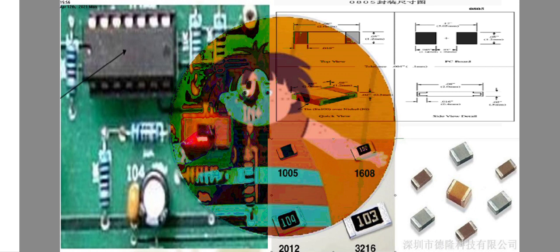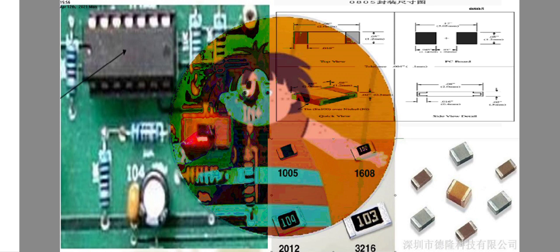The bottom right is the dimension of a surface mount resistor. The bottom right is SMD resistor and capacitor. It's imaginary that